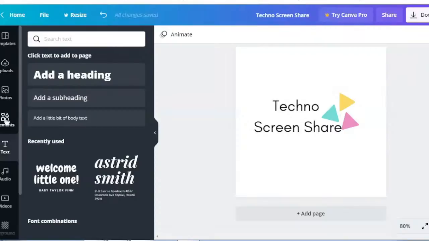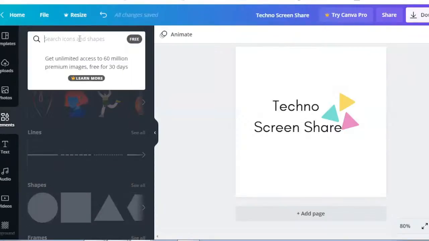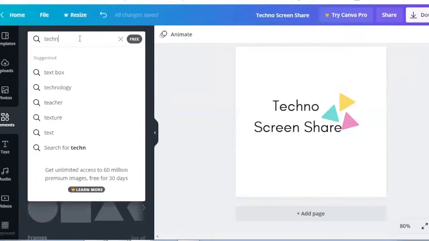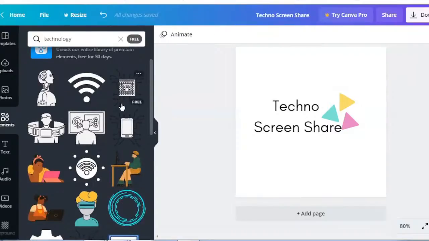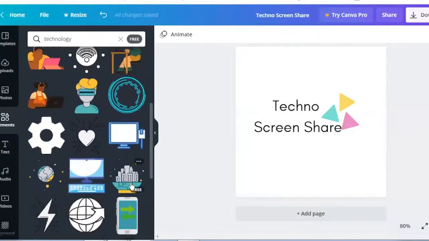Then you add some elements that are technology relevant. Type technology, and technology relevant elements are there. Try to use the free ones. You cannot use the premium ones, so use free elements.